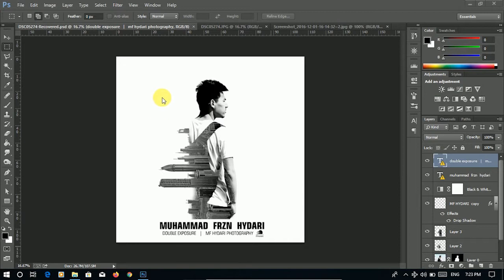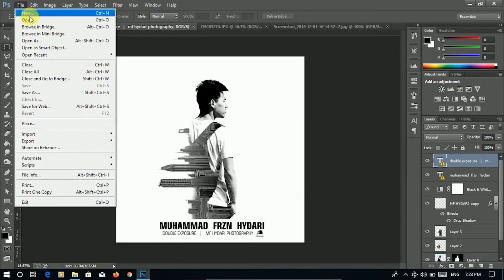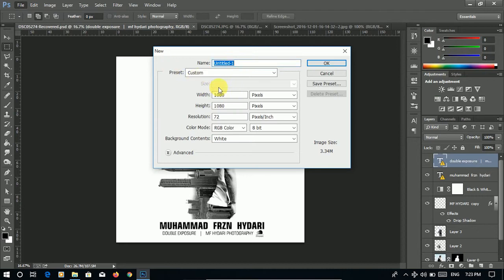So first of all, I'm going to create a new file, and I would choose the extension 1080 by 1080 because I want a square image. So this resolution I'm satisfied with, and I'm going to rename this to double exposure. Oops, here we go. Press enter,